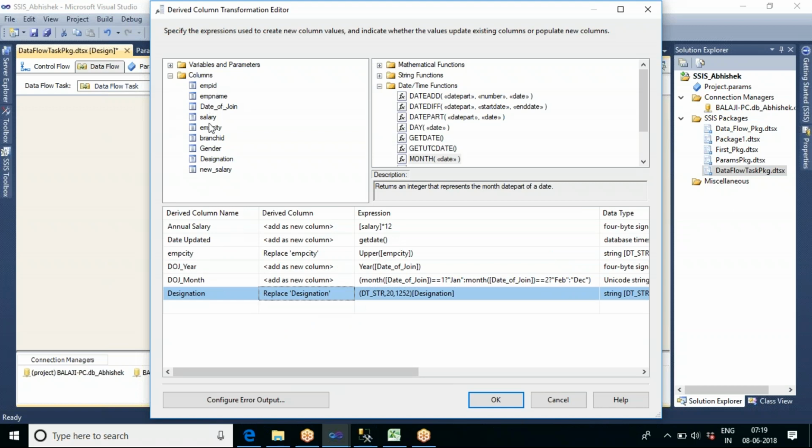Now apart from these columns, how many columns do we have? 1, 2, 3, 4, 5, 6, 7, 8, 9. Nine columns are already there. We are replacing 2 columns, so 9 plus 4 extra columns we are adding. So 13 columns will be shown in the output.